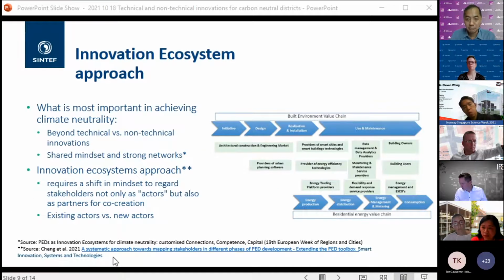I'm not going to talk in too much detail here, but quite a lot has been said about accelerating energy solutions to achieve carbon neutral districts. It can never be a straitjacket approach, but a process of connecting stakeholders, competence, and capital, in particular shared mindset and strong networks. So while technical and non-technical innovations are essential, in order to manage them, it is also necessary to look beyond them a bit bigger, in particular regarding carbon neutral districts as an innovation ecosystem and managing it in this approach. So at Sintef, we approach this concretely by considering the innovation ecosystem approach, focusing on stakeholders